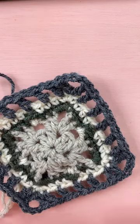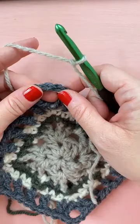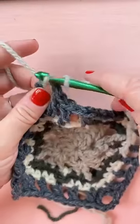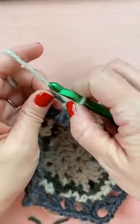And you can do any colors. With a single crochet in the corner space. Okay, so here's our joining single crochet. Just yarn over, 2 loops on the hook, pull through those 2 loops,